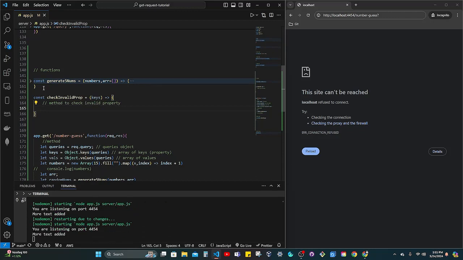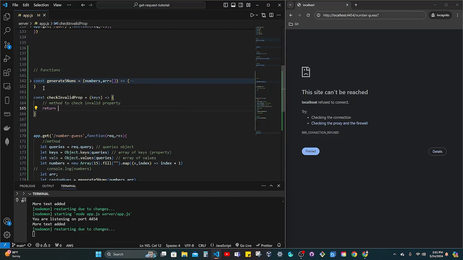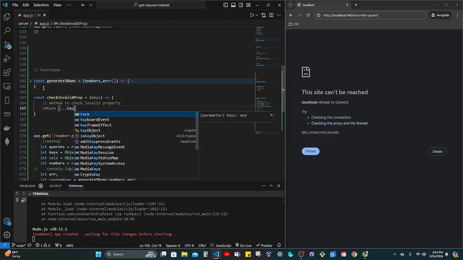Now, for the method, we are going to return a single line return. When we return, we're going to return a true or false statement, and that's our goal with this checkInvalidProp function. Let's return the keys array,